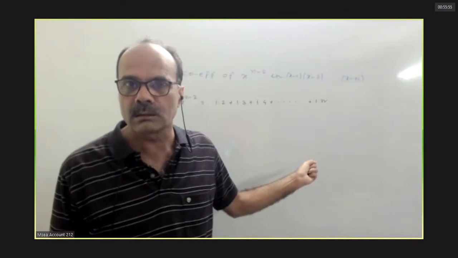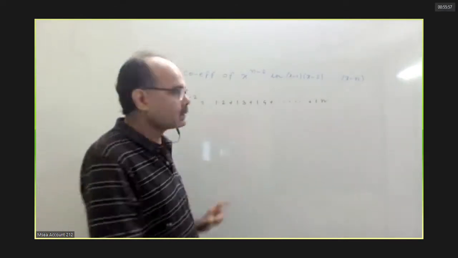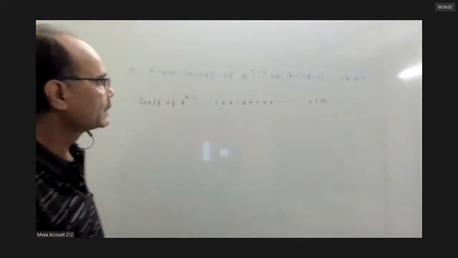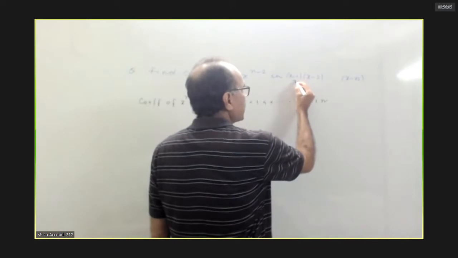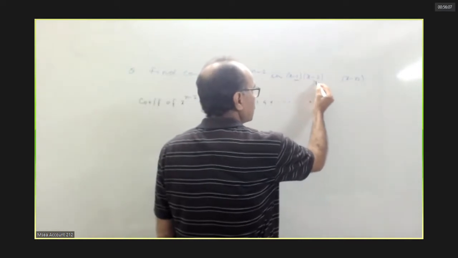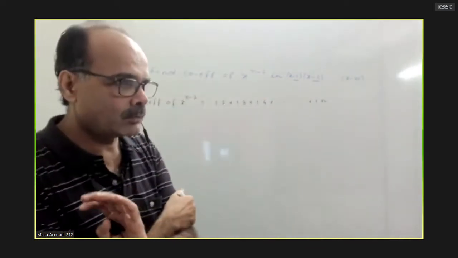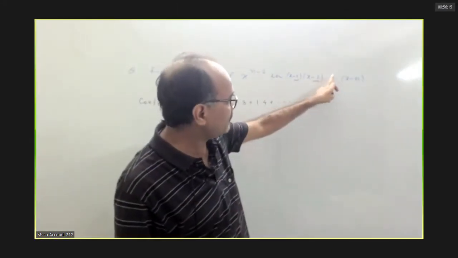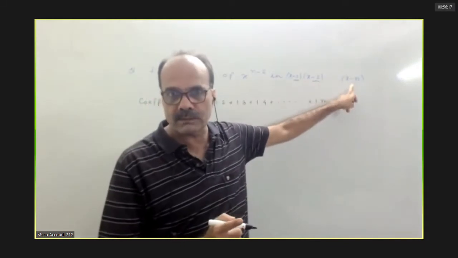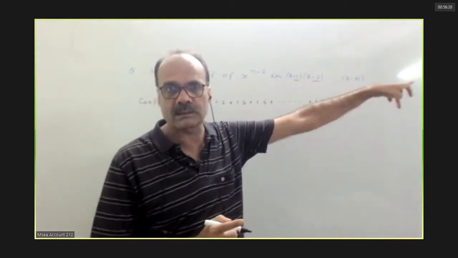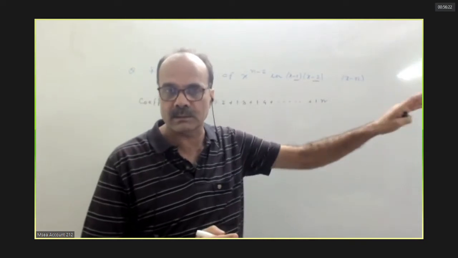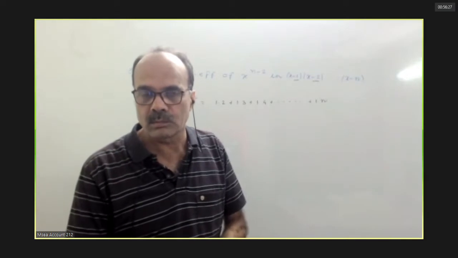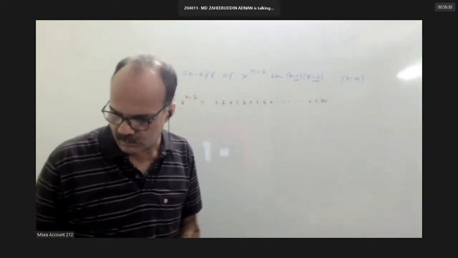Got it or not? Sir, can you explain this once again? See, in these two factors, if you multiply -1 into -2, how much is it? 1 into 2. Yes, sir. And then in the remaining factors, x minus 3 you multiply with x, x minus 4 multiply with x, and so on, the remaining n minus 2 factors. So what will be the exponent of x? n minus 2. Yes, sir.